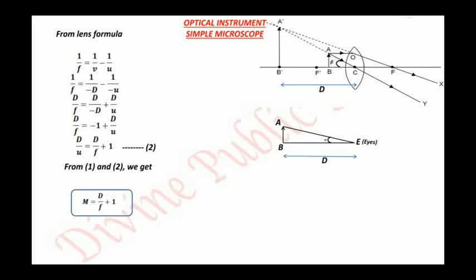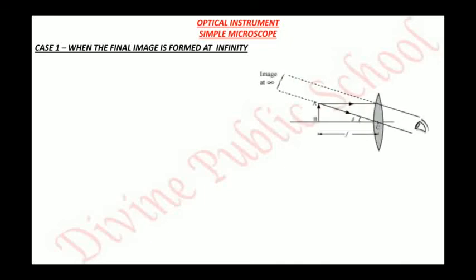Let us move to case 2. The second case is when the final image is at infinity, when the final image is formed at infinity. So let us see the ray diagram first of all. This time the object is kept at focus, so obviously its final image will be at infinity. We keep our eyes near the lens. The visual angle of the image is beta, as shown in the ray diagram. For the object we have to define the visual angle, so we make another diagram to keep the object at capital D, and here alpha is made as in the previous case.